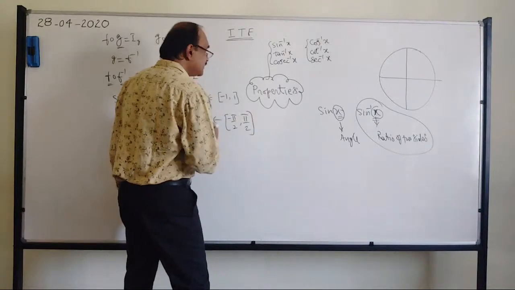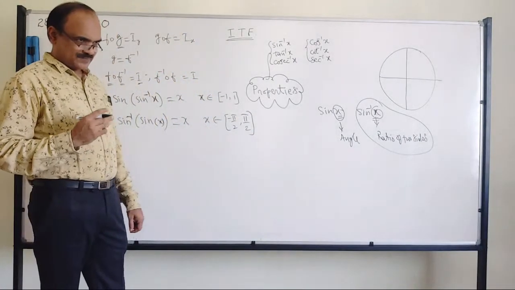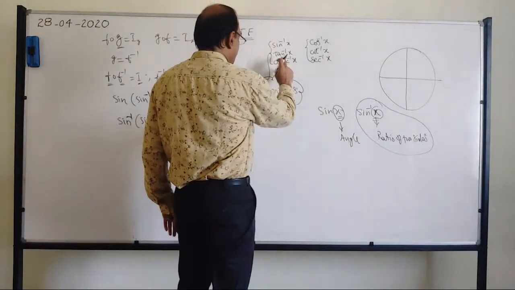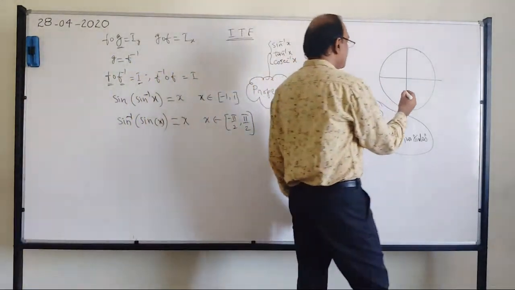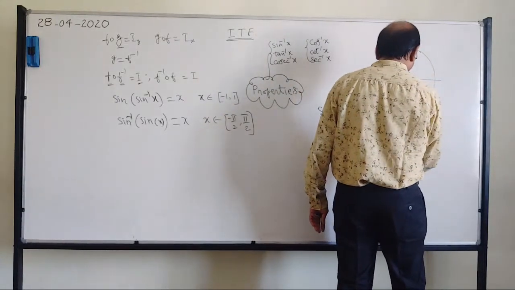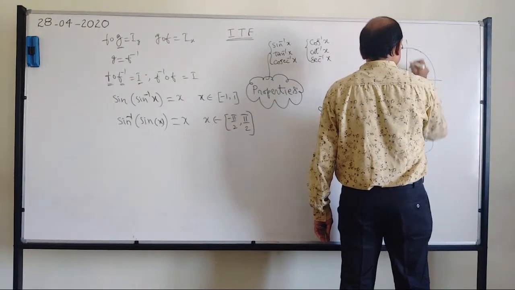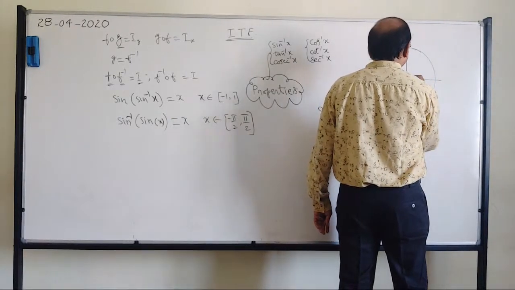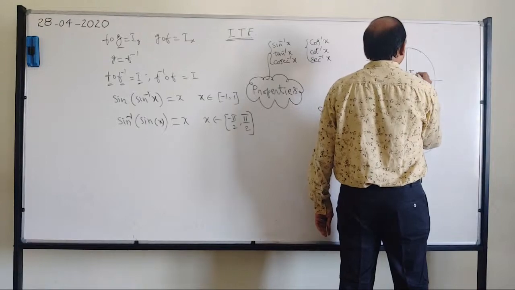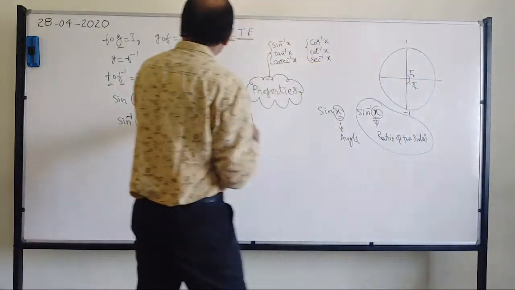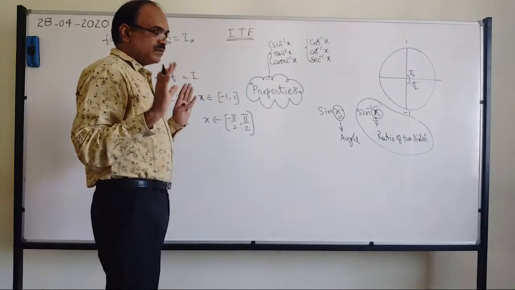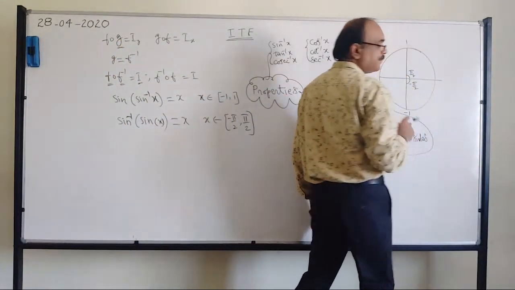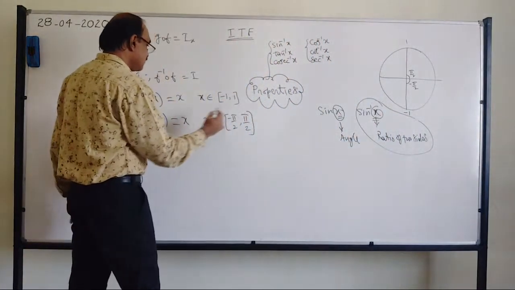So how to remember this? I will give you a technique to use. For sine, where you will get -1 here and +1 here, what is this angle? This is -π/2, this is +π/2. So you wanted values -1 to 1. For that, you can get from -π/2 to π/2. So that's how you get this.